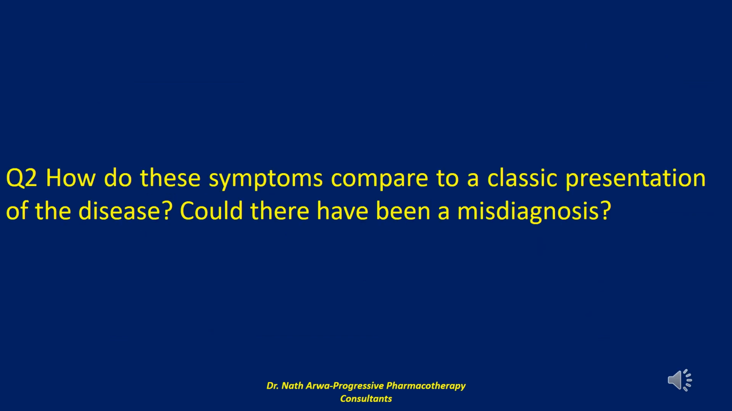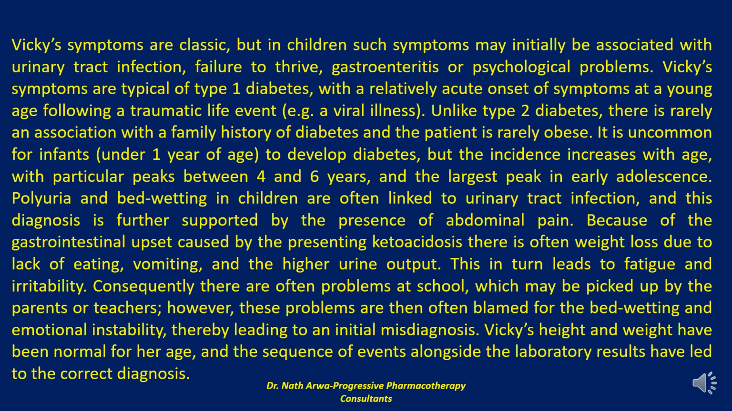Question 2 reads, how do these symptoms compare to a classic presentation of the disease? Could there have been a misdiagnosis? Vicky's symptoms are classic, but in children such symptoms may initially be associated with urinary tract infection, failure to thrive, gastroenteritis or psychological problems. Vicky's symptoms are typical of type 1 diabetes mellitus, with a relatively acute onset of symptoms at a young age following a triggering event,